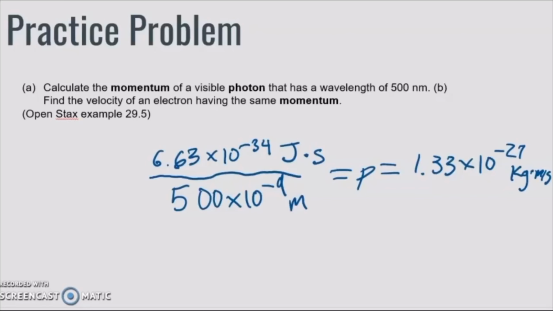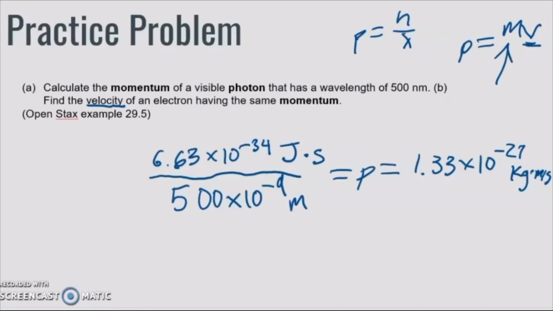This is cool because the second part, B, says find the velocity of an electron having the same momentum. So now we see how the photon momentum can be related to a more Newtonian view of momentum. Here P is going to be equal in both scenarios. So here the momentum is 1.33 times 10 to the negative 27. For the electron, the momentum is going to be the same, but to find the velocity that the electron is traveling, we're going to plug it into P equals mv,